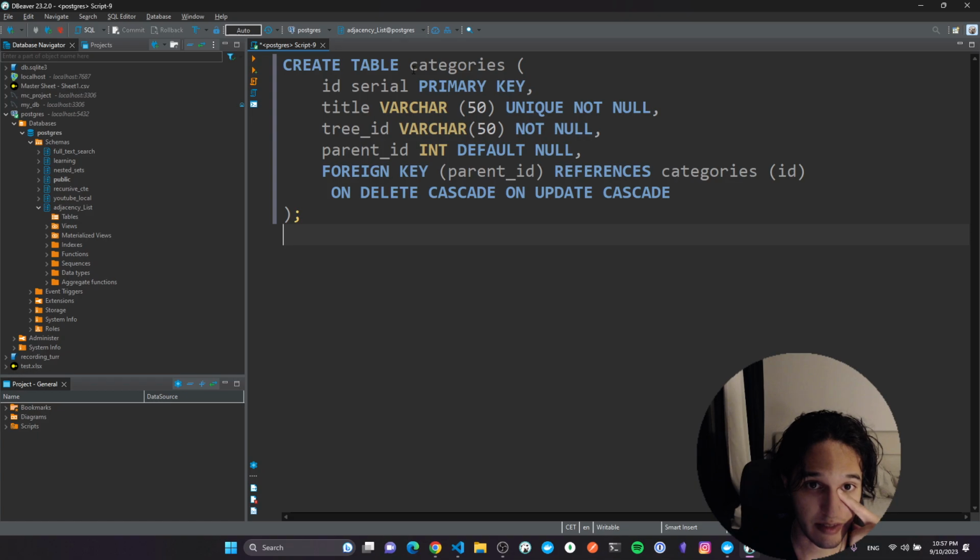So I'm gonna create a table called categories. We have an ID, which is an auto-incremented field. That will be the primary key. We have a title, which should be unique. We have a tree ID,